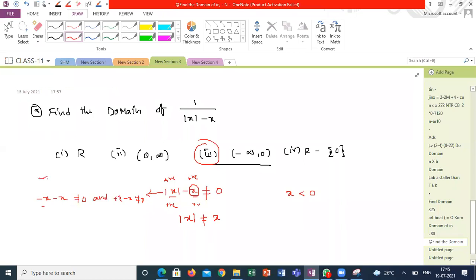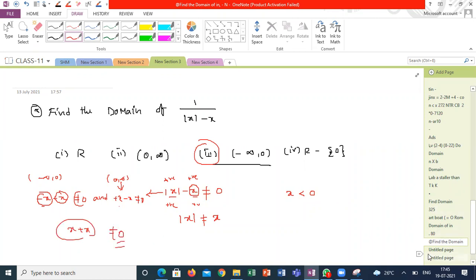Minus x is from minus infinity to 0. Plus x is from 0 to infinity. For 0 to infinity it is 0. Minus infinity to 0, this is coming always positive and this is also coming always positive, so it can't be 0. Like that you can also explain, minus infinity to 0 I can take. If I am taking minus x, x plus x will come always, which is not equal to 0.